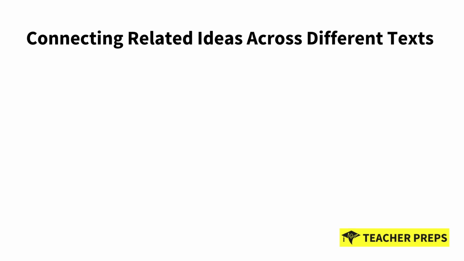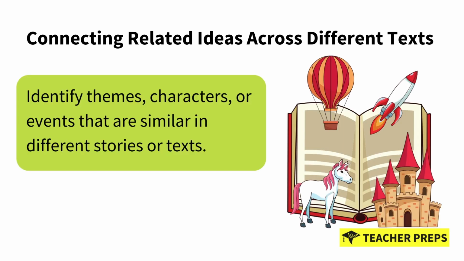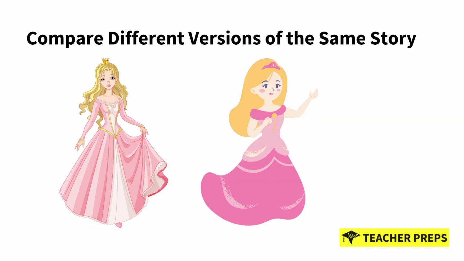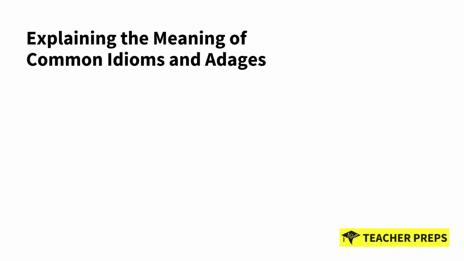The next strategy is connecting related ideas all across different texts. And this is the ability to identify themes, characters, or events that are similar in different stories or texts. We can also compare different versions of the same story. Explaining the meaning of common idioms and adages is our next instructional strategy to enhance our students' reading comprehension, and